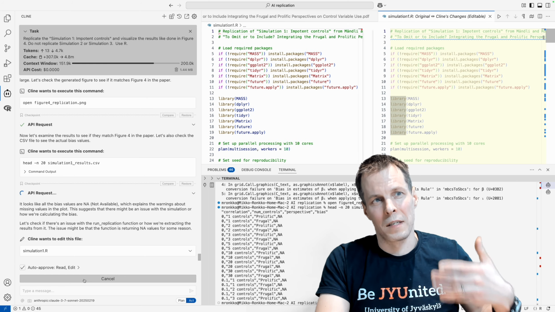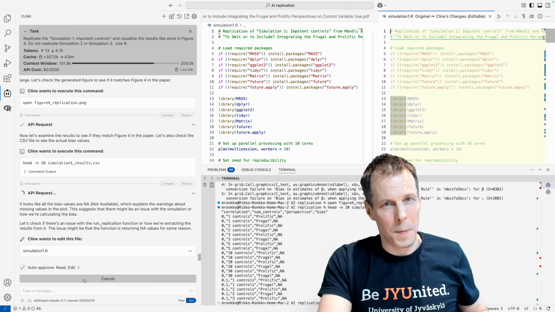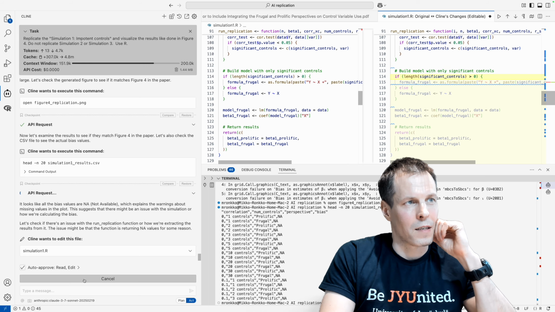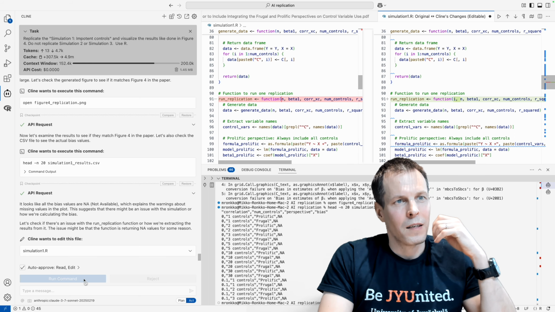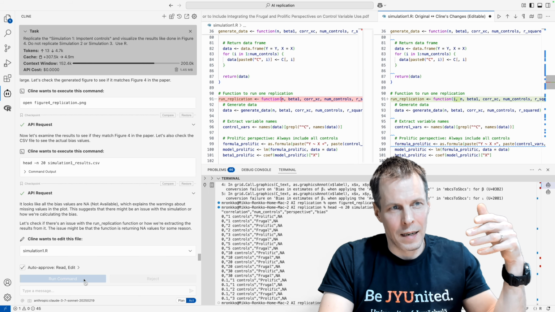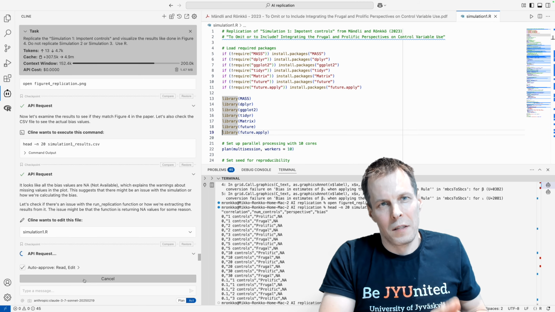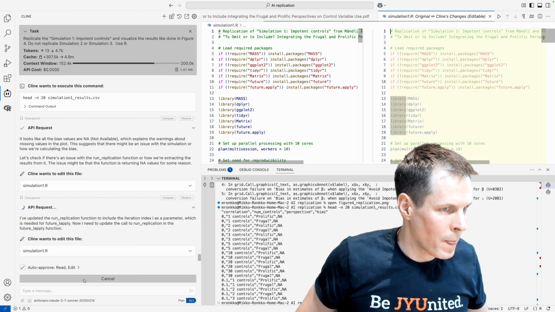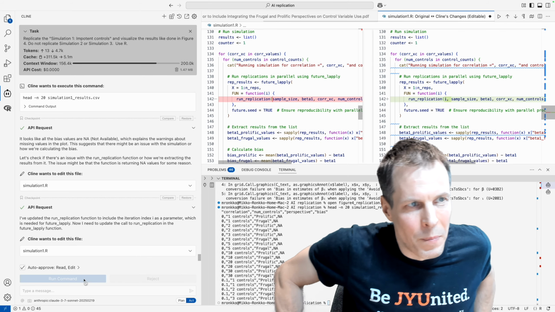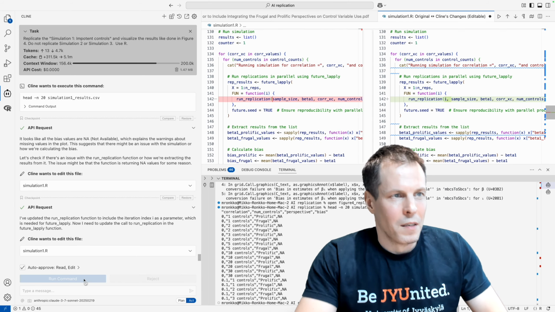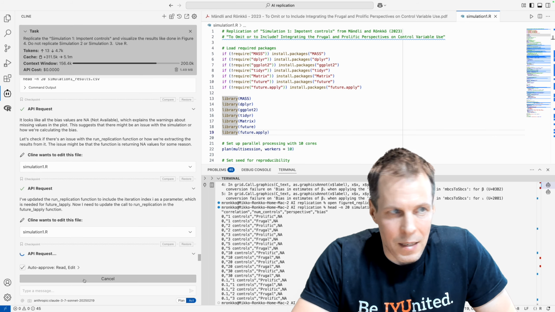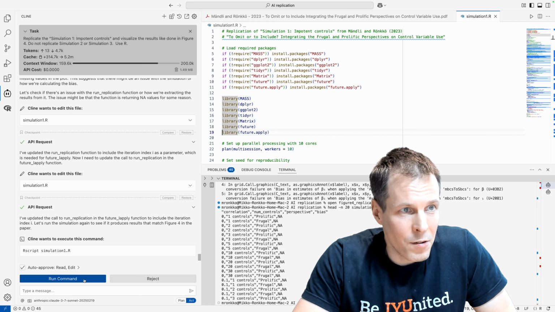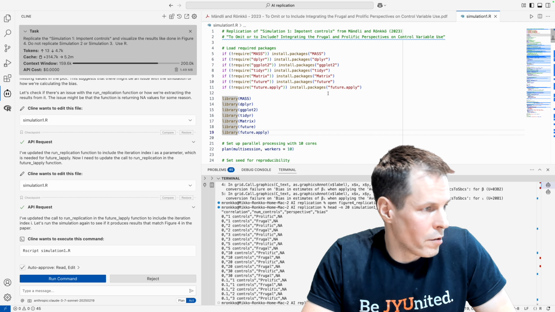And at some point you can see that the AI just sees that it's not working properly, and because it can only run the code at once, it can't run it line by line as a human would be able to do. It might be better to just start debugging it myself and see what the problem is. But I haven't looked at the code for a while here, so I don't know what exactly is going on. So let's see